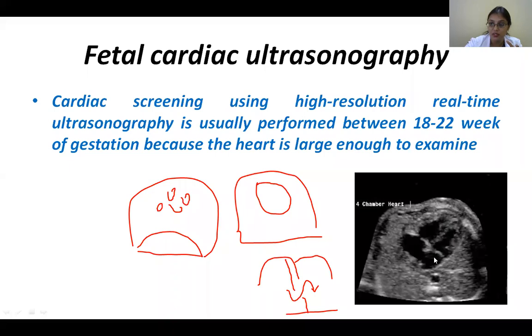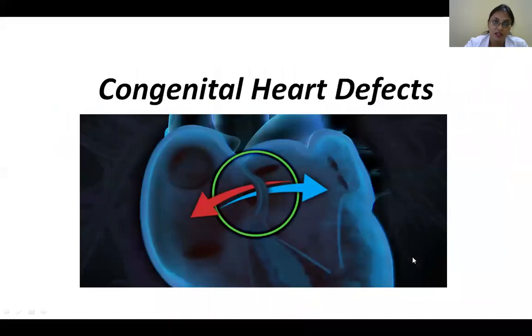So here you can see how the fetal heart appears. You can see the heart pumping blood, contracting, with all the chambers. So you can make out if any septal defects are there. So congenital heart defects, as I previously told, are quite an important one, one of the most common causes of congenital diseases.